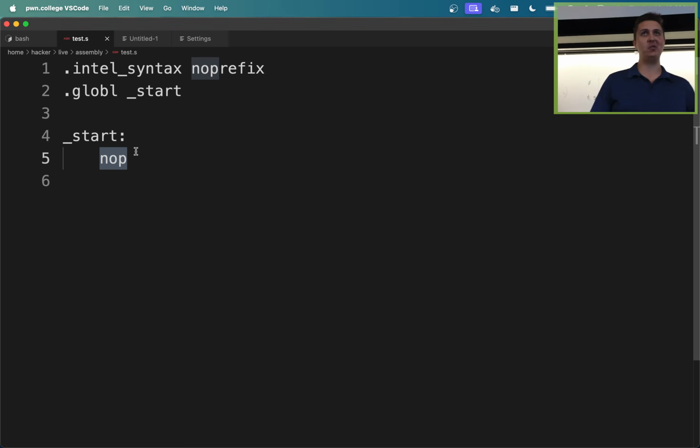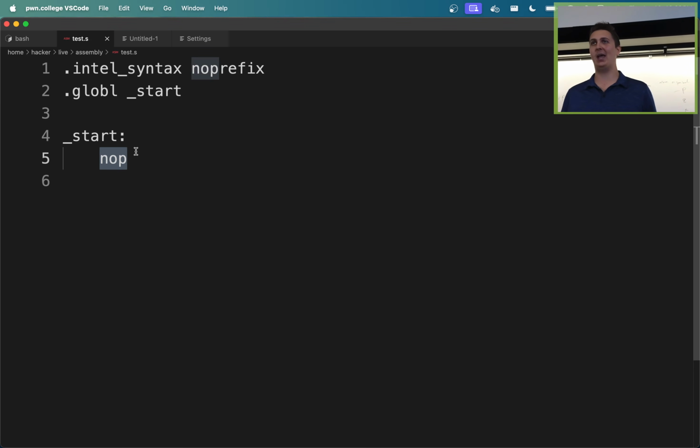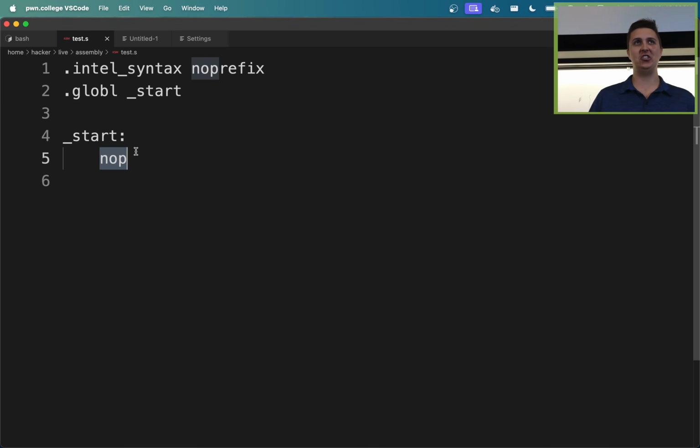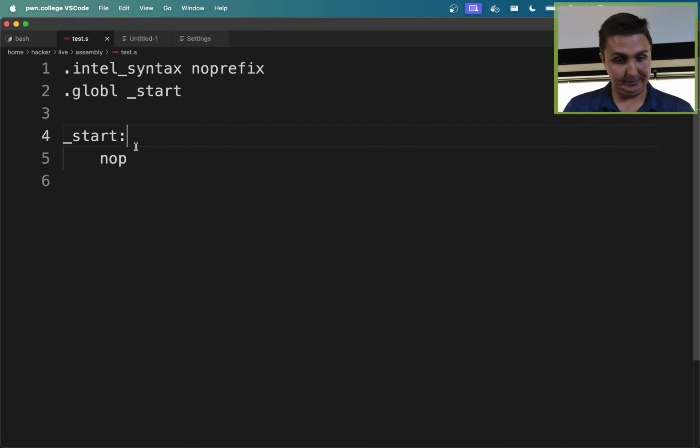So you've written a C program, you've defined main before, things just start running at main. Underscore start is the thing that things just start running at in assembly. Okay, so